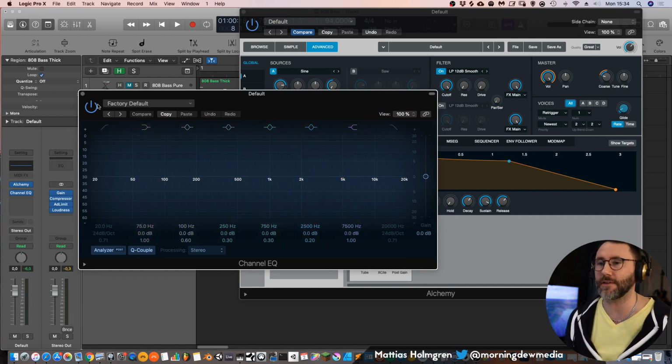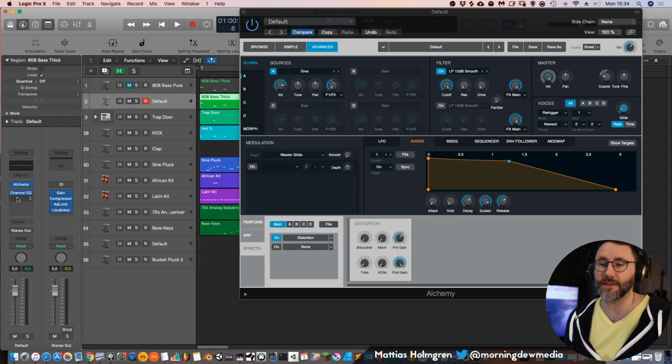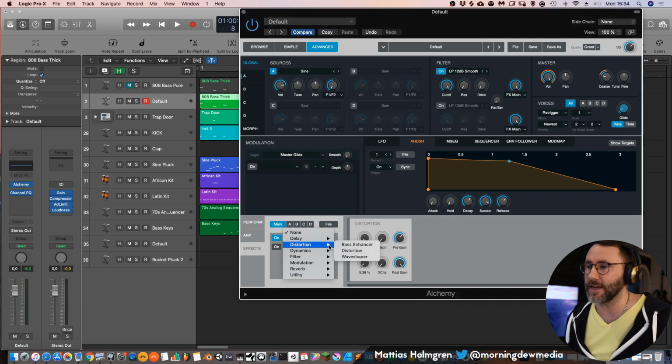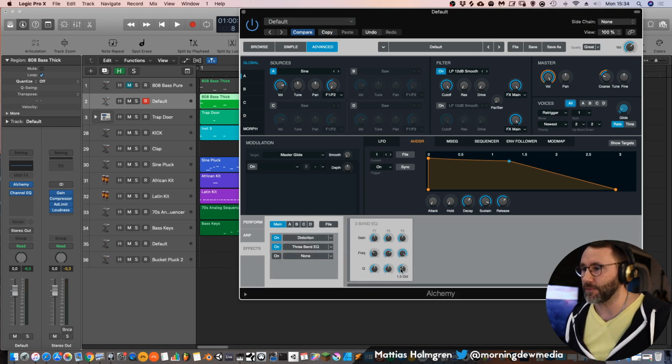And now, if you believe that you have a little bit of too much high end from that overdrive, you can always go ahead and add an EQ at the end of the chain. You can either do it outside here in Logic or do it inside the actual Alchemy plugin. So we go to filters and the 3-band EQ, and we can make a really broad EQ here and go down to, say, 2000, maybe 600, 700, and drag down maybe 3 decibels.